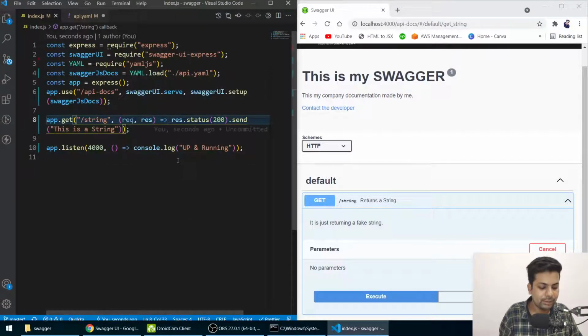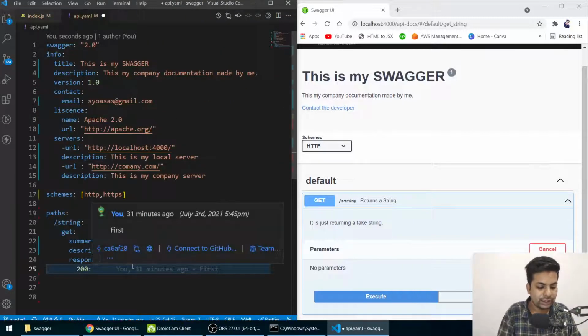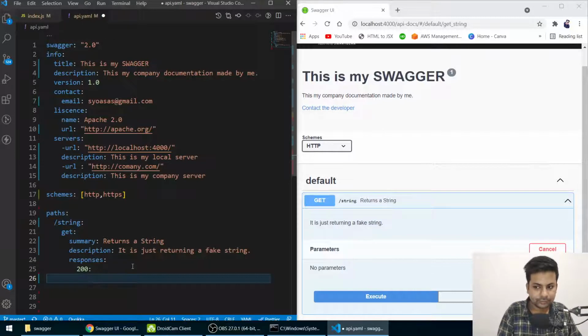Let me put the bracket so it looks a little nice. Okay, so res dot share 200. Okay, so on 200, what I'm saying, it will return a description. So I'll just write returns success. I'll say success. So it's a success message responses.